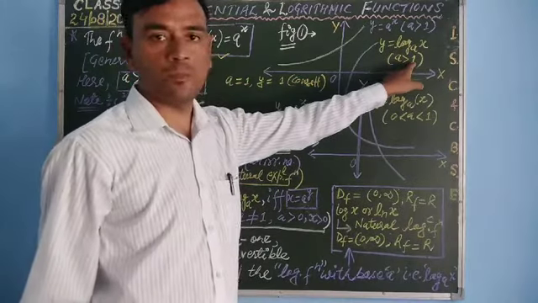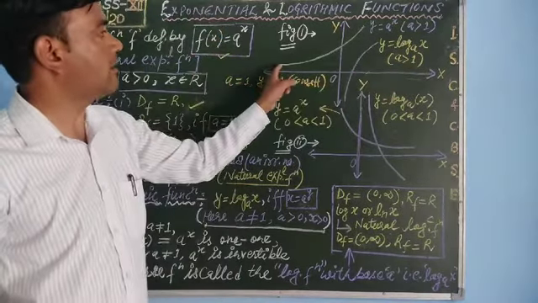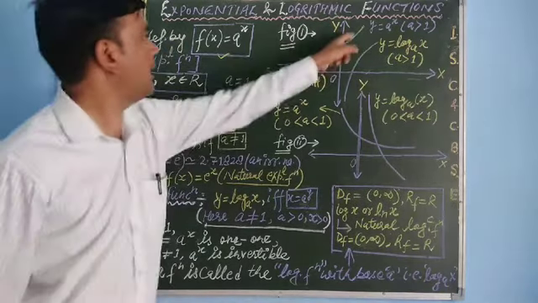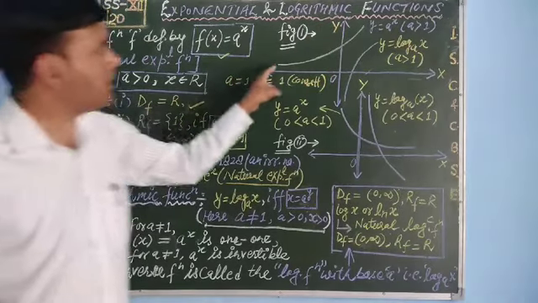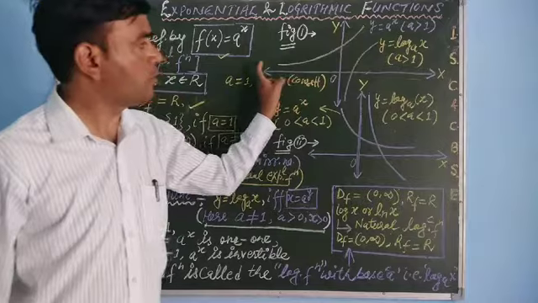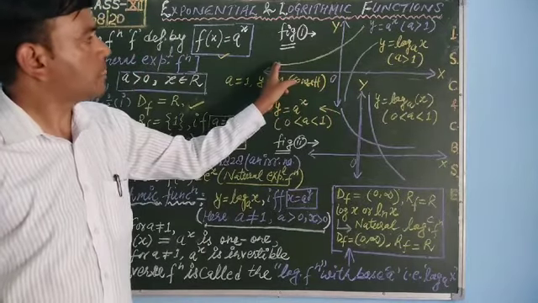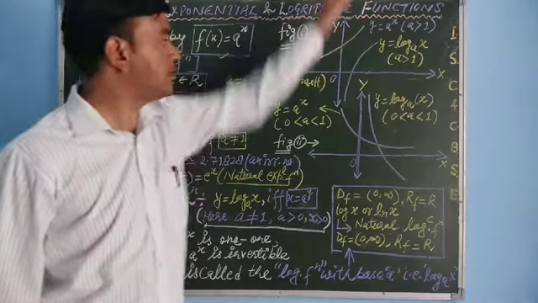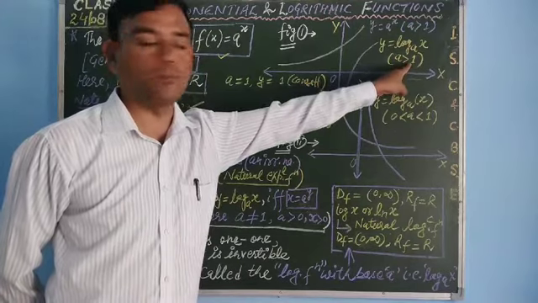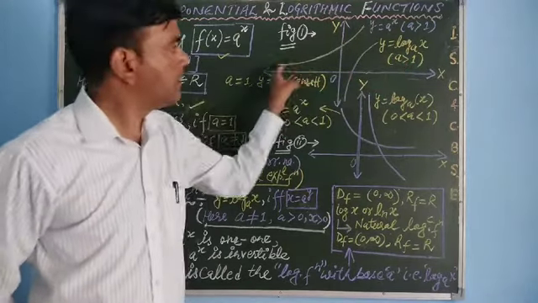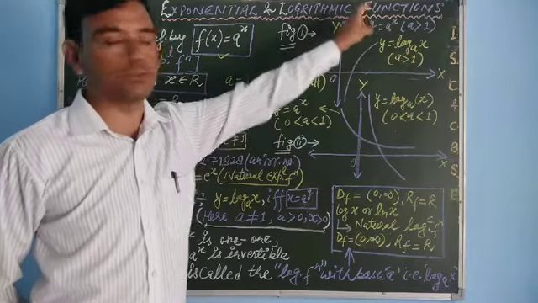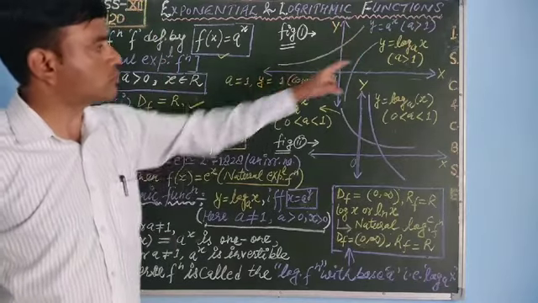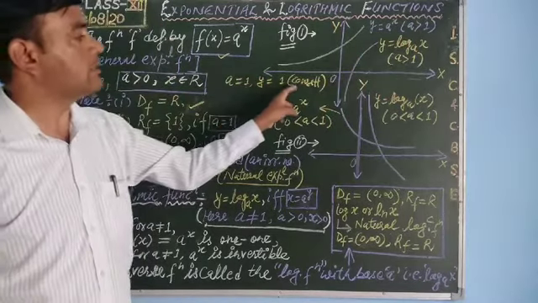But if a > 1, then we will find the graph like this. It means for all real values of x, when the domain is the real numbers, the value of x is increasing from negative to positive. It means for real values of the domain, the value of y, the value of the function, is strictly increasing when a is not equal to 1 but a > 1. So the function is strictly increasing. So the general exponential function is strictly increasing when a is not equal to 1. Okay, when a = 1, then it is constant.